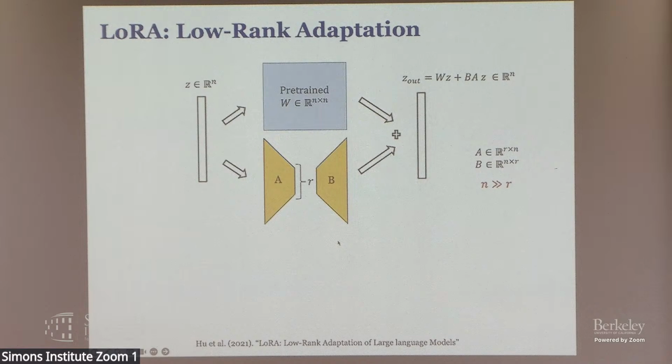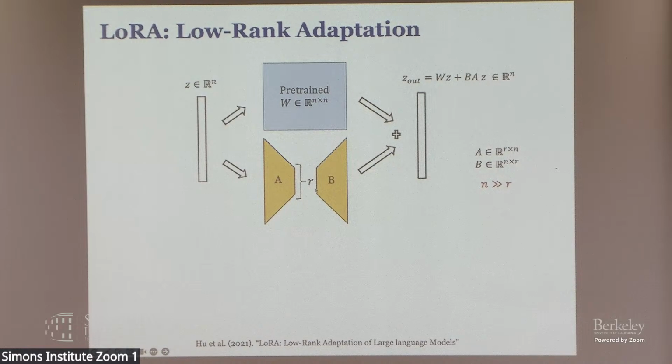So what is low rank adaptation? You can think of the pre-trained model as some number of hidden layers. Each one of those layers has some weight matrices, and W here is a weight matrix from the pre-trained model. Low rank adaptation considers a simple reparameterization of fine-tuning. Instead of training W, we fix W, add a low rank matrix to it, and only update the low rank matrix.